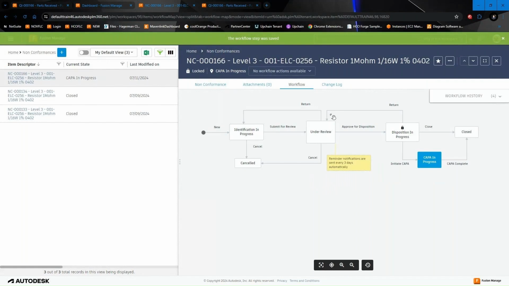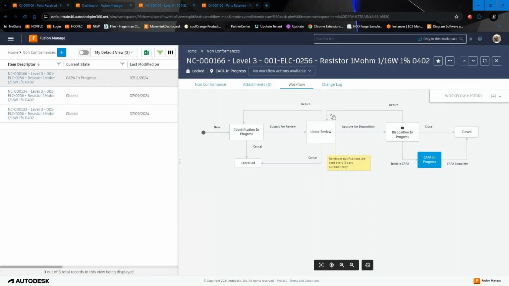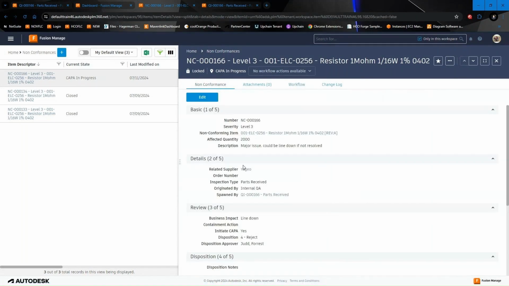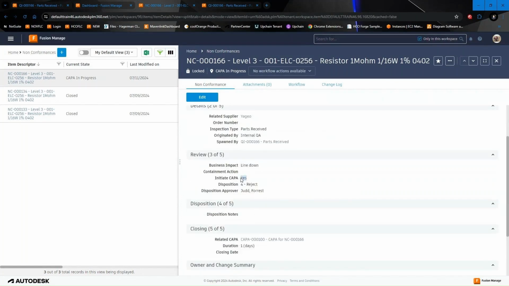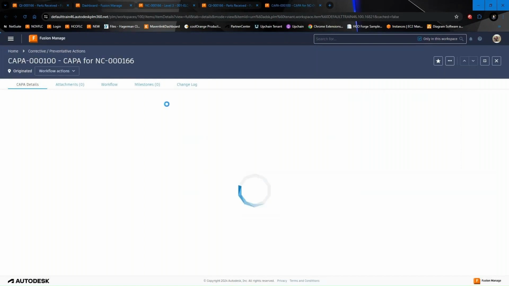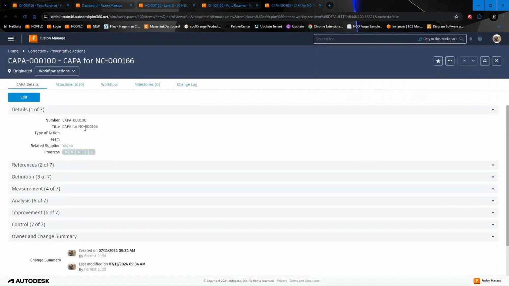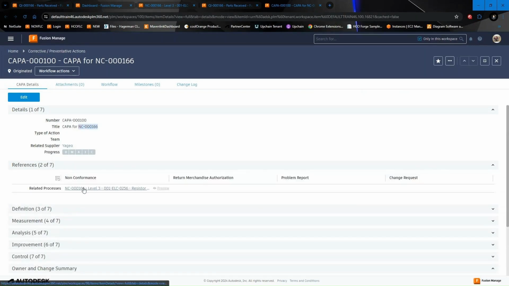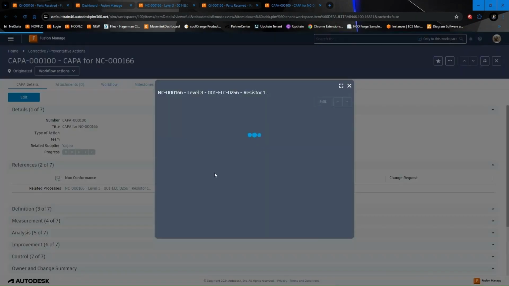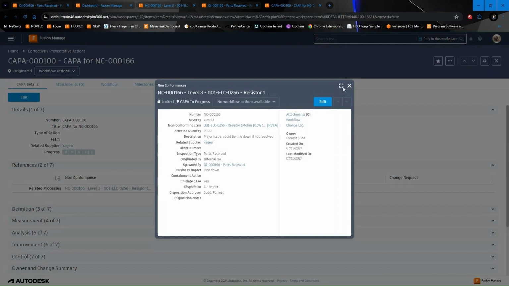Just like our quality inspection failure spawned a non-conformance, just by me, as the person reviewing this non-conformance, doing my job and saying, yes, I think we need to take a closer look, by saying yes, initiate a CAPA, a new CAPA has been created in the system as well, right? And again, all of that information gets passed forward. The supplier, the related non-conformance, right, is right here so that I can get right to it. I could actually just take a quick preview of it as well. I don't have to open up a whole new page,